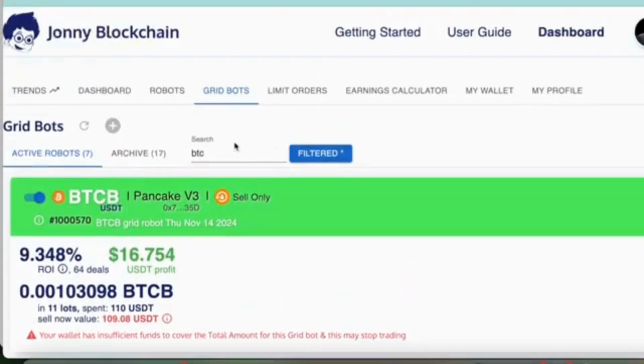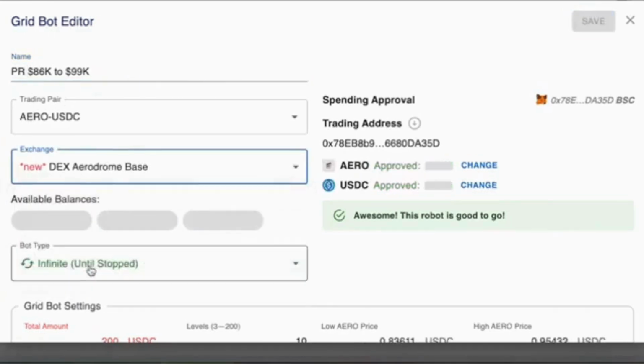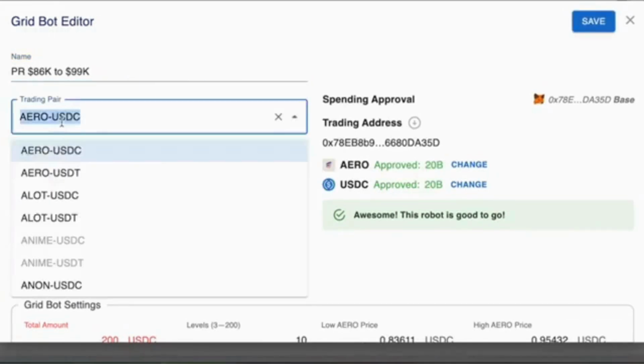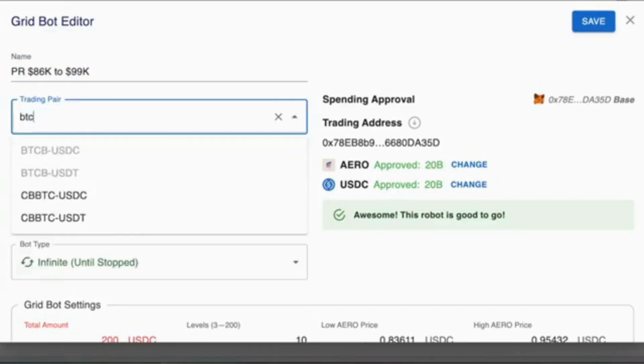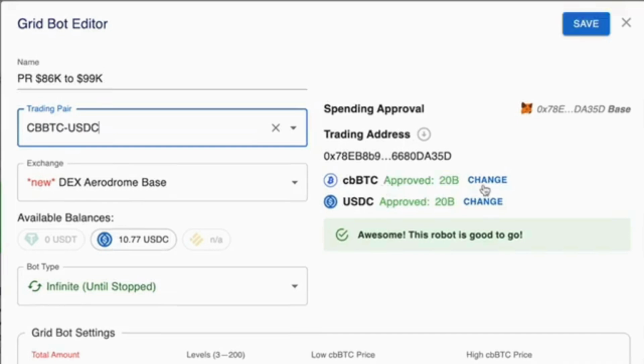So I come up the top, I click on plus. So I change the name of the bot first to the price range, which is 86 to 99. I choose the network that I want to be on. I'm going to be on the base network, and then I choose the token. So I've got Bitcoin on USDC. Now, sometimes if you don't see this approved and you've already approved it, just refresh the screen and do it